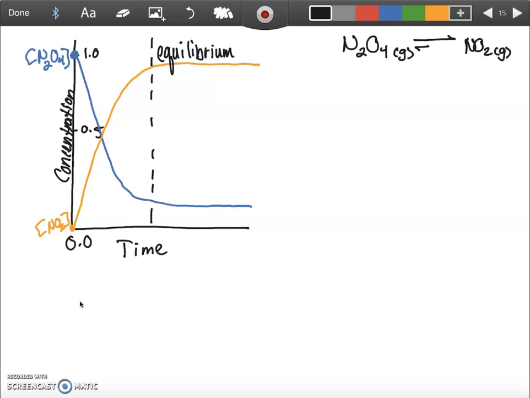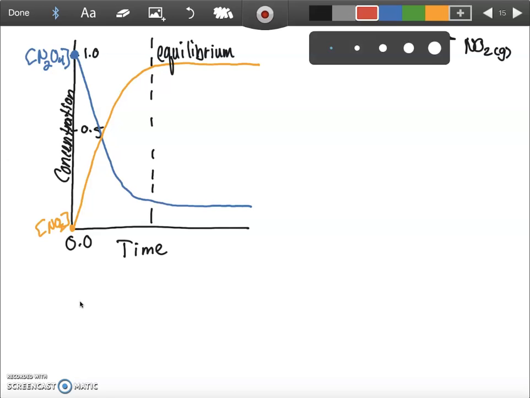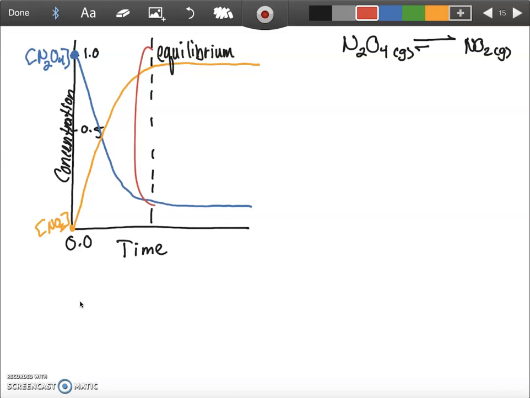And at the end of a reaction in which the forward reaction is more favored, you will end up with a lot more product than you will reactant, because everything is shifting over to the right-hand side, though the rates of change are still equal here. But nonetheless, the products are more favored